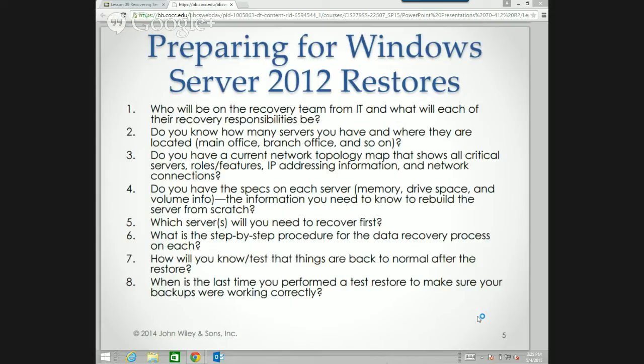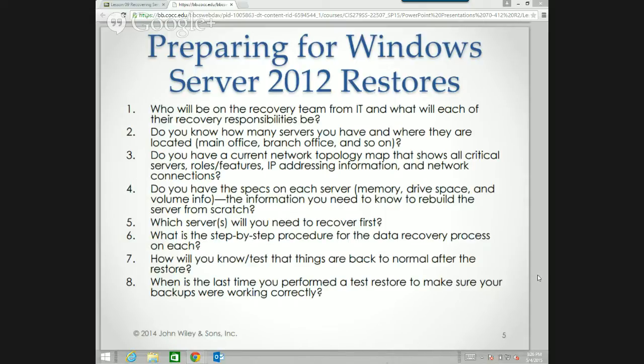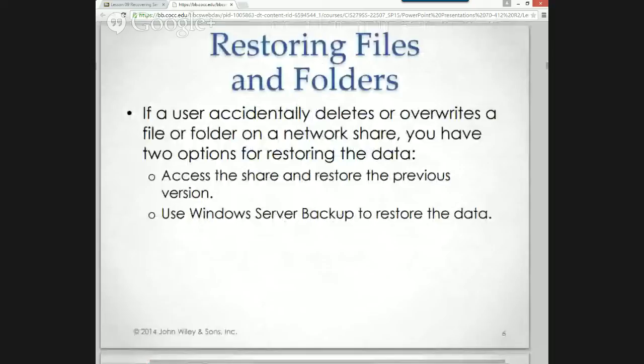So when is the last time you performed a test restore to make sure your backups were working correctly? Well, at Columbia Aircraft, and again, this was hard back then because we didn't leverage a lot of virtualization. Today, I can use my Acronis backup from this machine and literally restore my server to a virtual machine and just compare the two. All the way down to the disk space, right? Compare the disk space, do a quick audit of some files and folders, and off I go.